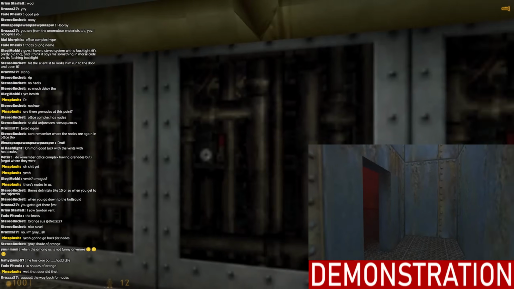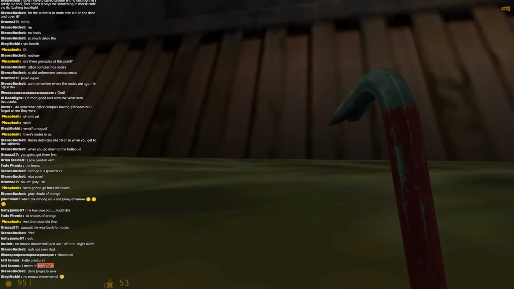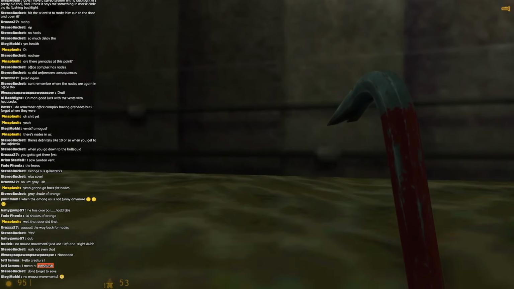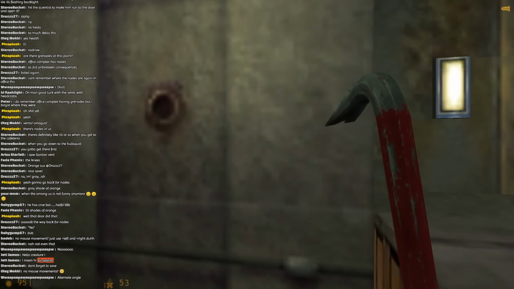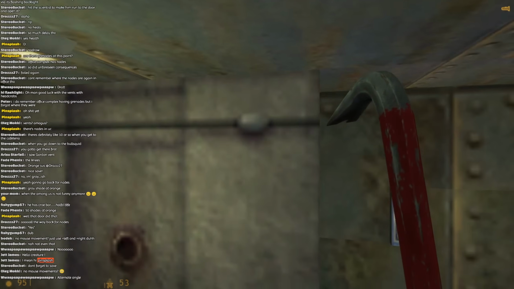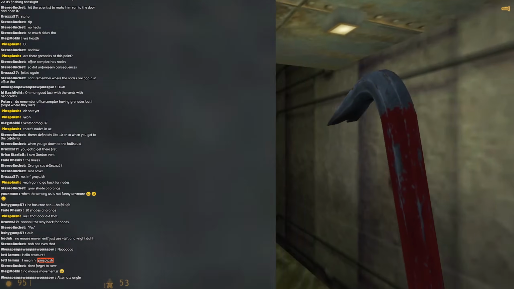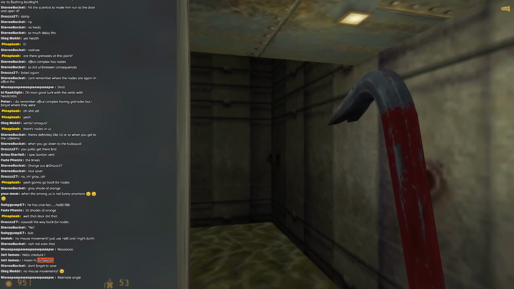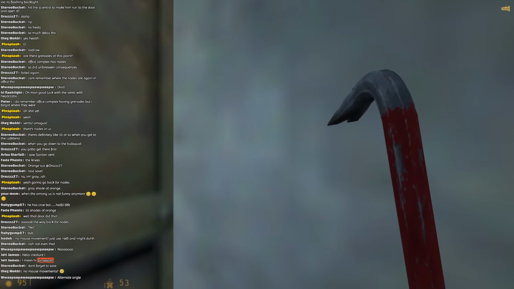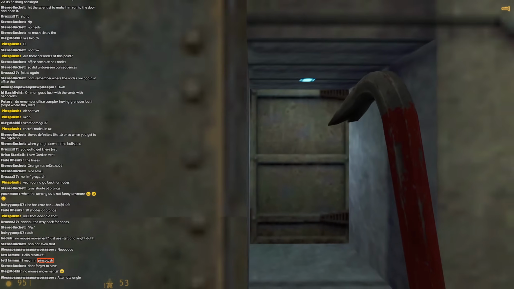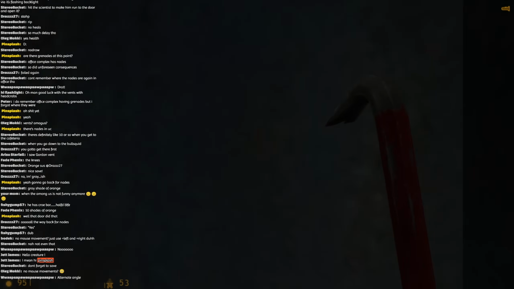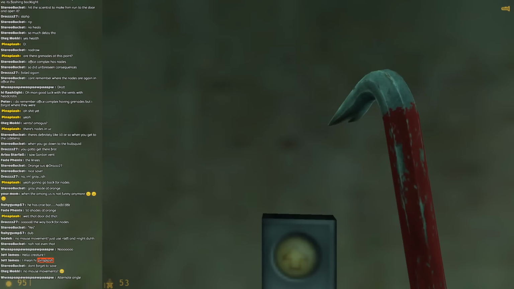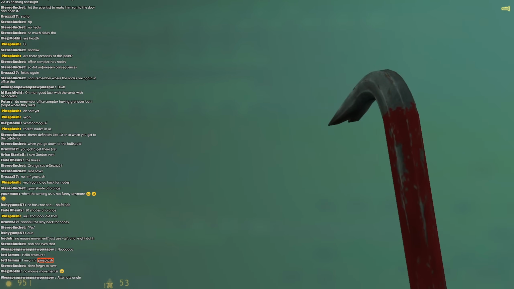You may have noticed that my angle has changed. Scattered throughout this area are a bunch of doors, and when you collide with a door, it will spin you around in the direction that the door is rotating. We're actually about to use one of these doors in order to rotate ourselves so we can hit the two elevator buttons. You want to be looking away from the door so that it opens towards you. If the door opens away from you, you'll accomplish basically nothing with it. Like I said before, we can grab things through walls, so the elevator button on the other side of the wall isn't a problem. This is a thing you can do, by the way.